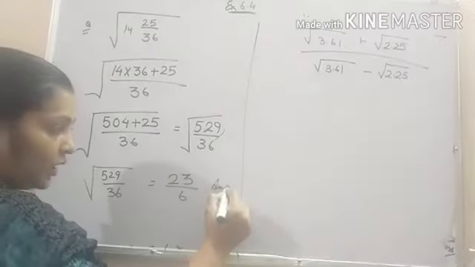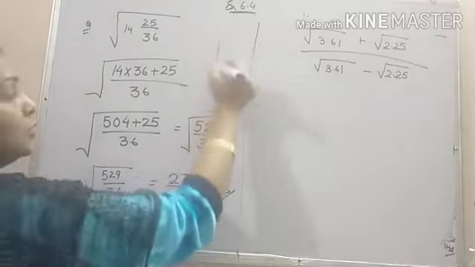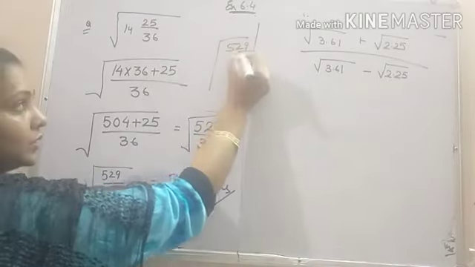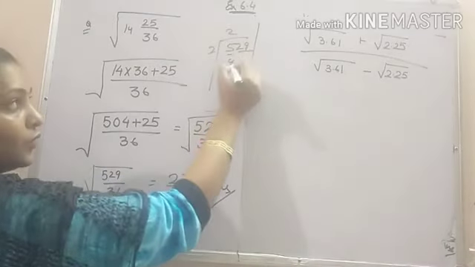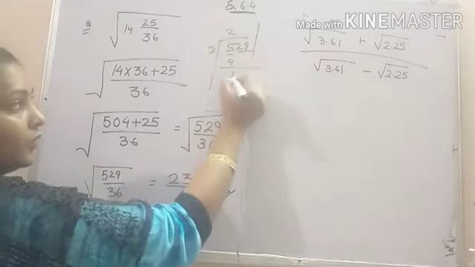And if you don't remember the square root of 529, you can even find it out. 2 2s are 4, 1, 29, double of 2 is 4, now 4 3s are 12, so it will go on 3. You can check the multiplication. Is that clear? This solves our problem.